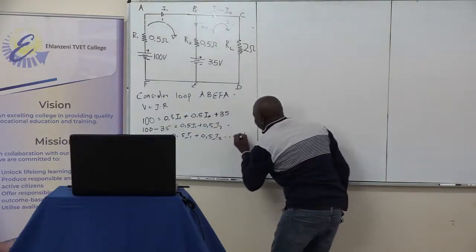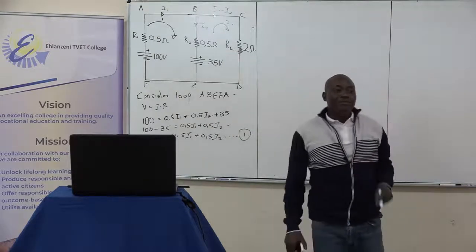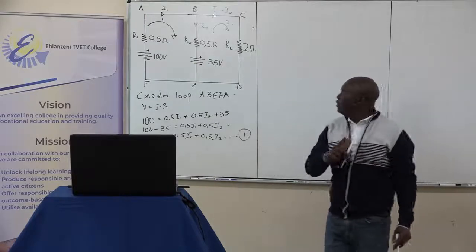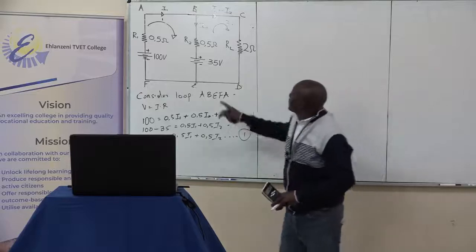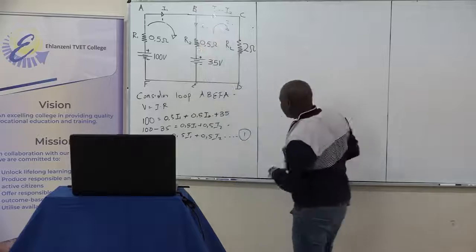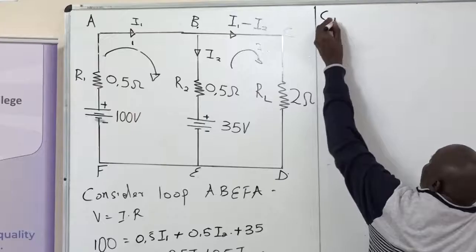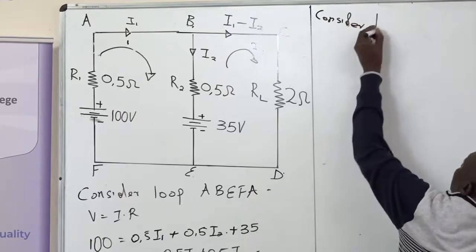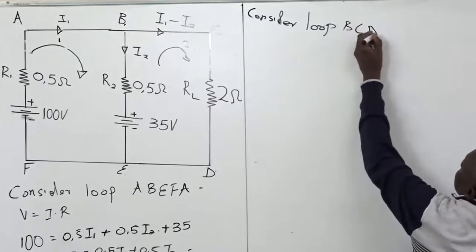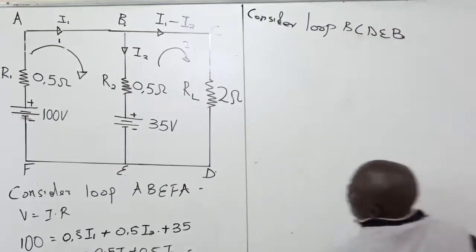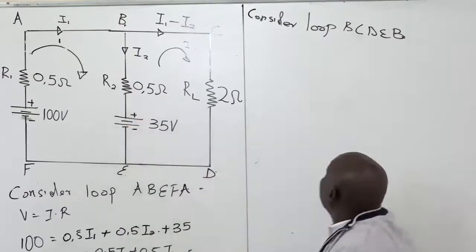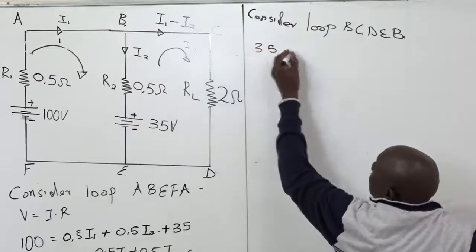I will name this as the first equation. For the second equation, as they said, the second equation is supposed to be B, C, D, E, F. I will follow the instruction by considering the loop B, C, D, E, back to B. Always I'll start from the supply, which is the positive side there. I will have 35 equals